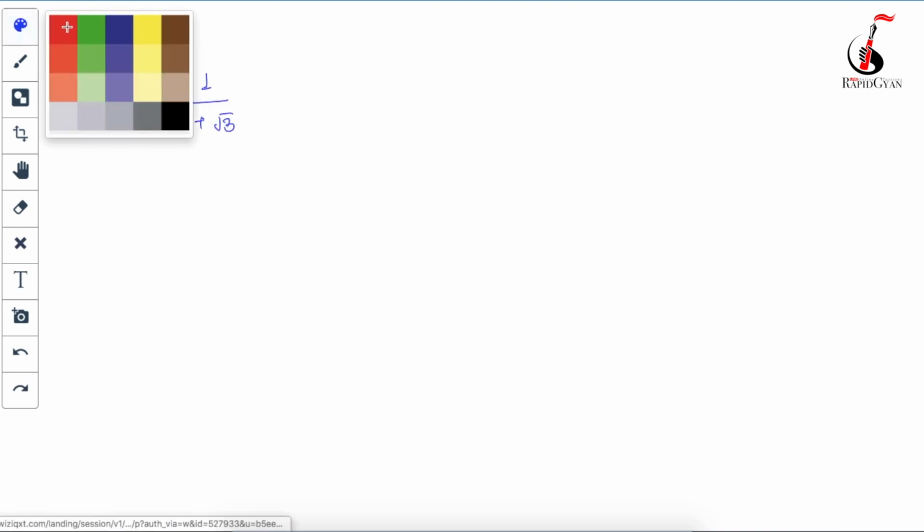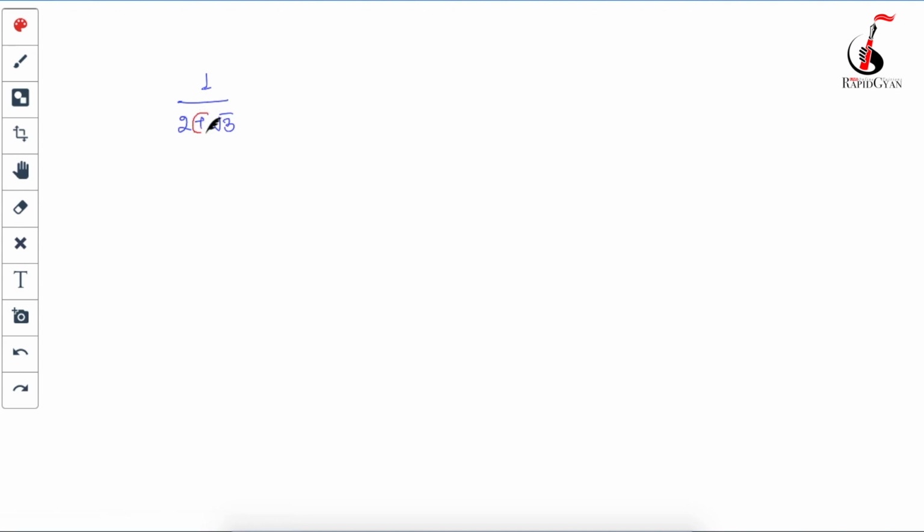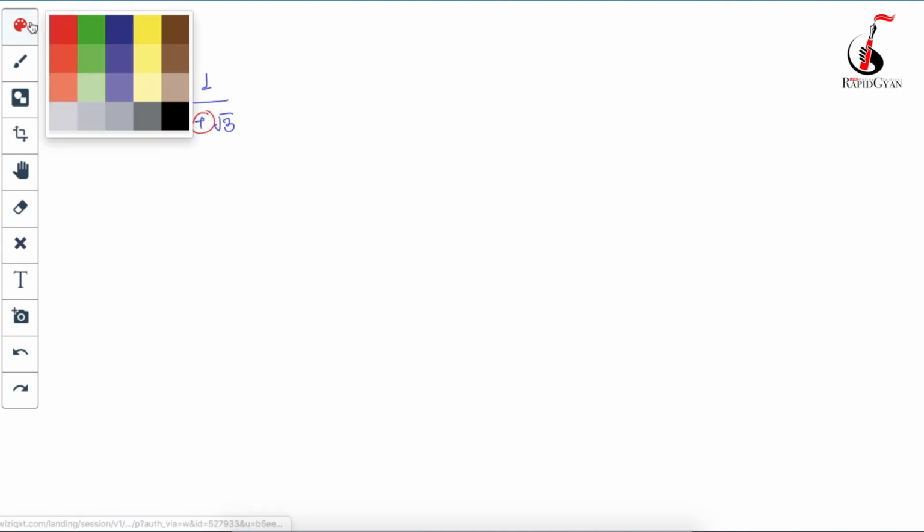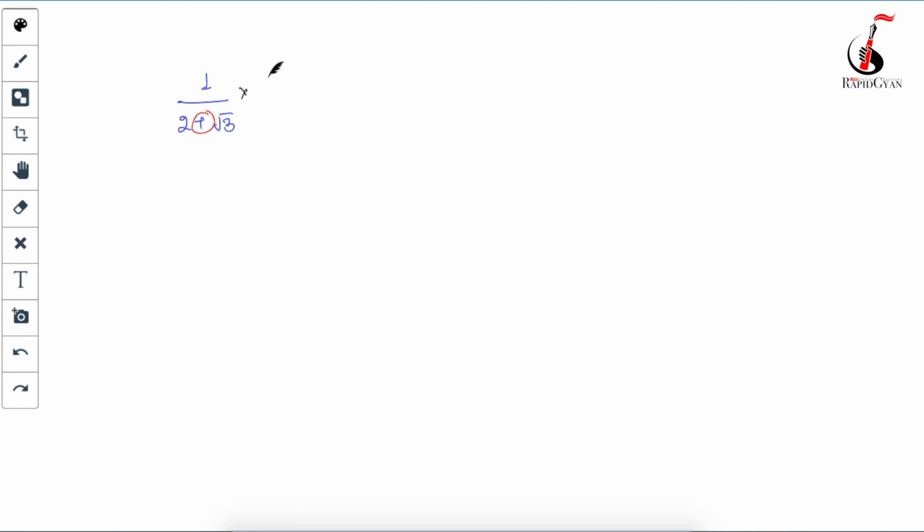So 1 upon 2 plus root 3. Check here beta, what's the sign over here? Your positive sign means what you will have to do? We will have to multiply numerator and denominator with the negative sign. Correct? Means this will become 2 minus root 3 upon,